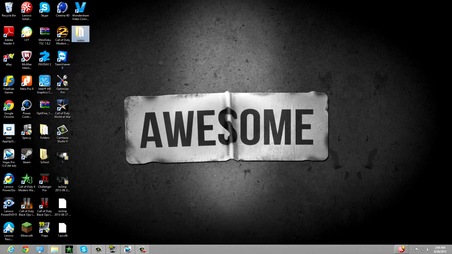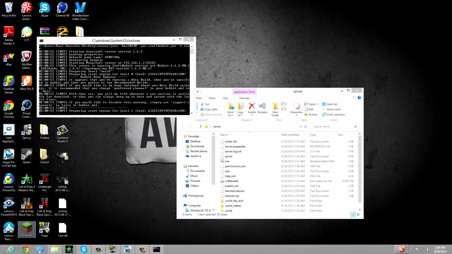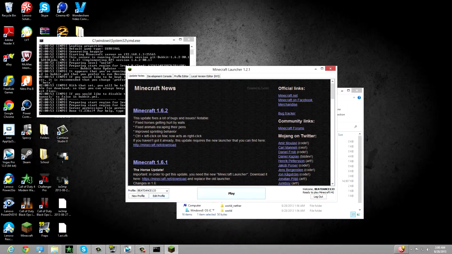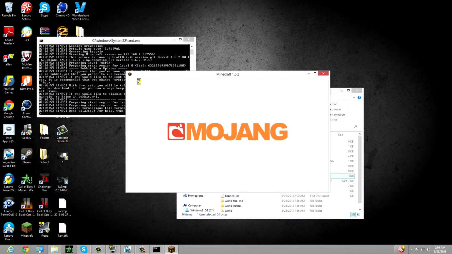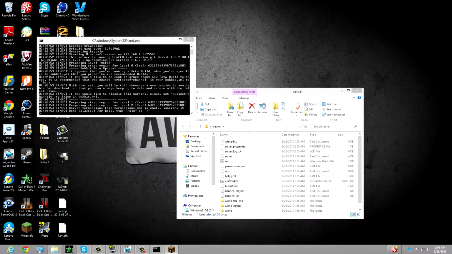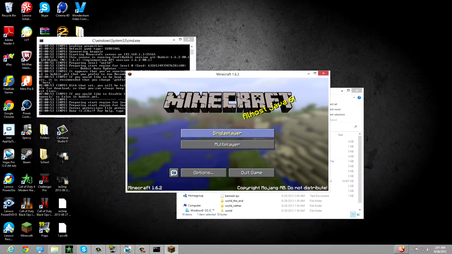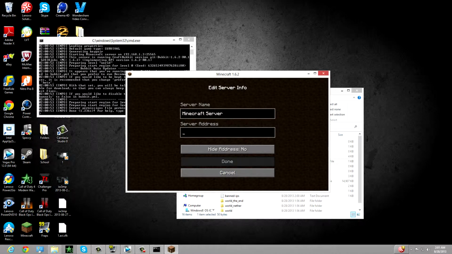So let's go into our server folder and click run. And now let's open Minecraft. But I'm sorry if you don't see it for the first second. It is because it runs in full screen, and Camtasia Studio cannot run in full screen. Okay, there we go. So yeah, let's go into multiplayer and add server, and then just type in your server